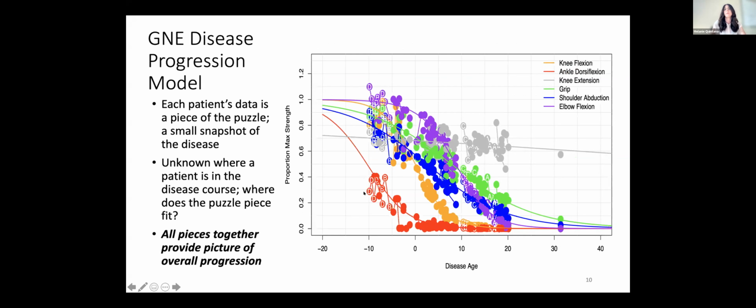And this does this with uncertainty. We don't just say, okay, I think this person is absolutely negative 10 years on the disease age. What the model does is iterate through fitting them where we think they are, building the curves, fitting them, building the curves. And we do this iteratively until we find the best fit for all of this data.